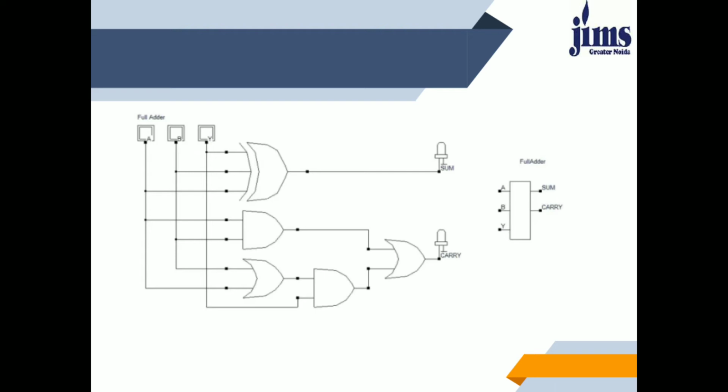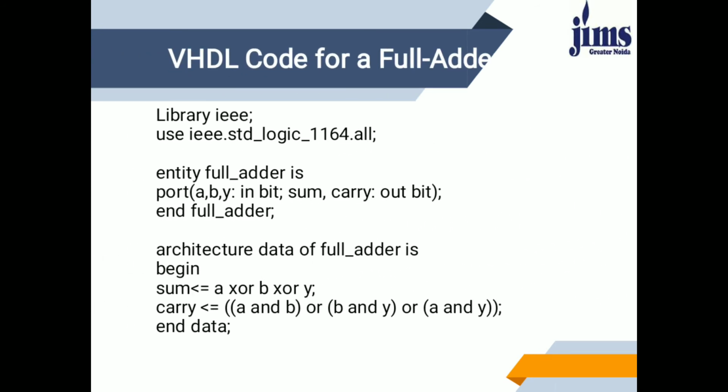These outputs are generated with the help of XOR gate, AND gate or OR gate. As you know that sum for full adder is A XOR B XOR C, and carry is what? AB plus BC plus CA. That means A is ANDed with B, B is ANDed with C, C is ANDed with A, and all the ANDed values are added finally to obtain the output as a carry. So to write a program, we just need to specify the formula only.